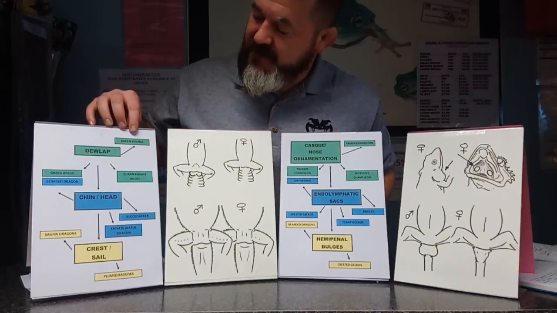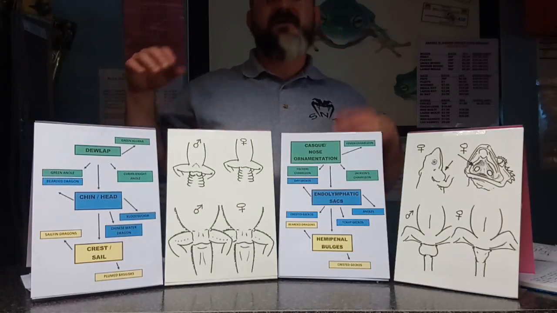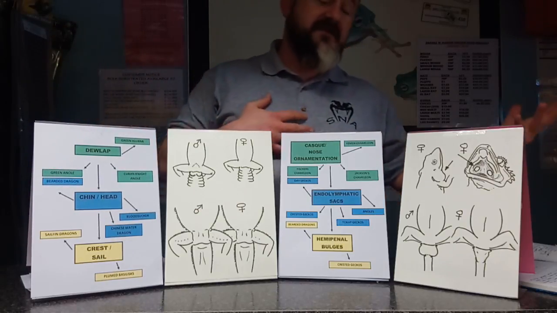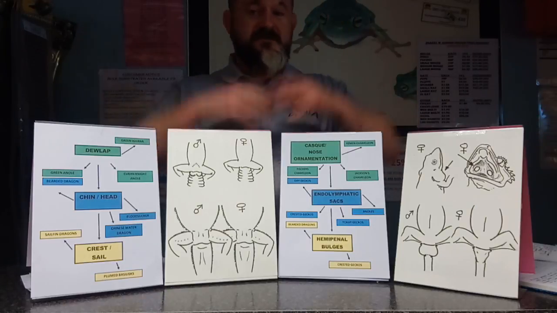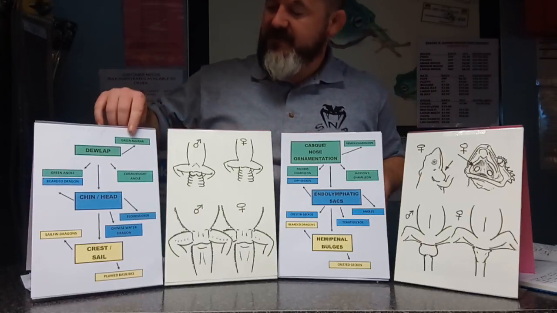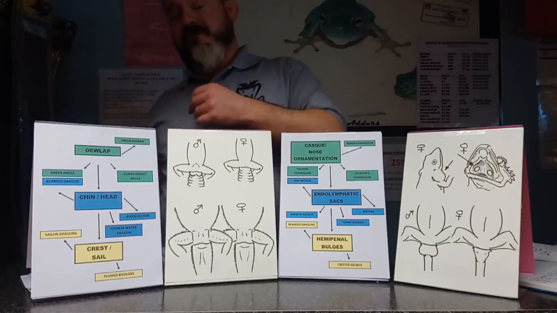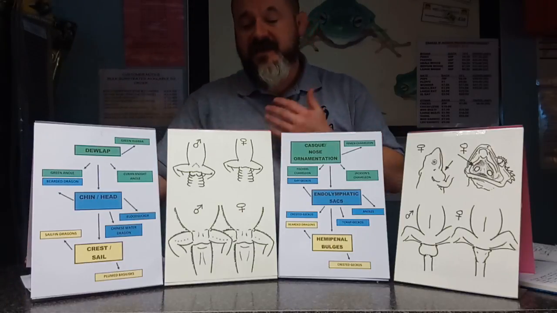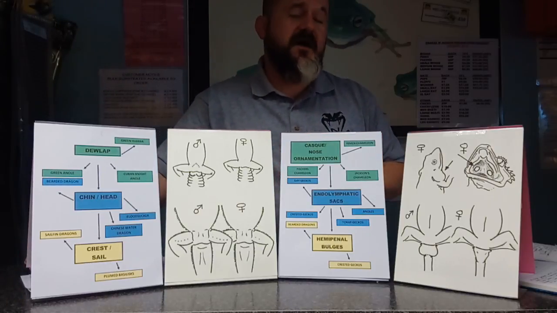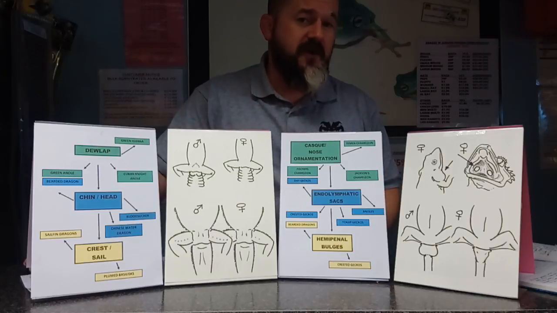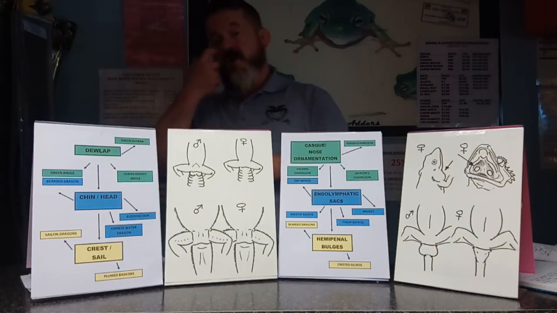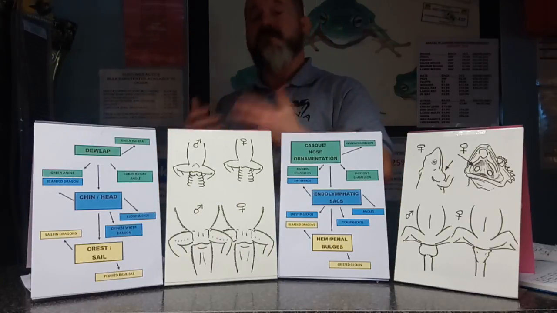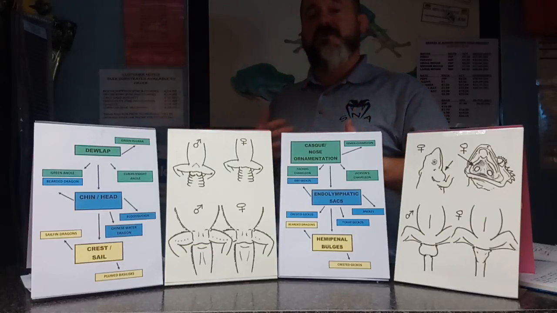Another proponent of the dewlap is the iguanas. The anolis are within the iguanid superfamily, and the green iguanas, Iguana iguana, they also have a dewlap, again used for communication, both sexual and territorial purposes, where it's very common for the head bobbing and the aggression and that dominance, and